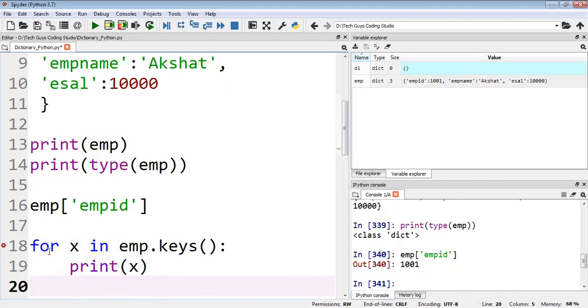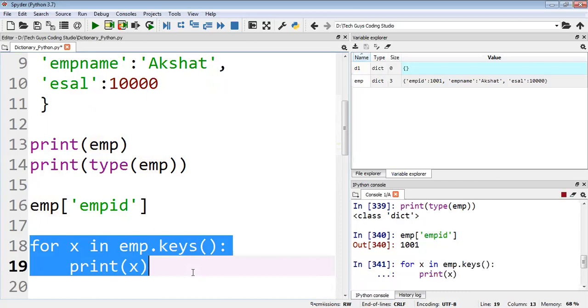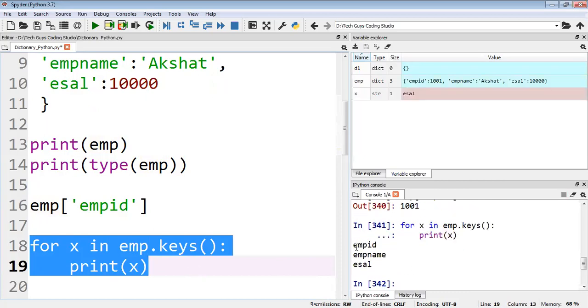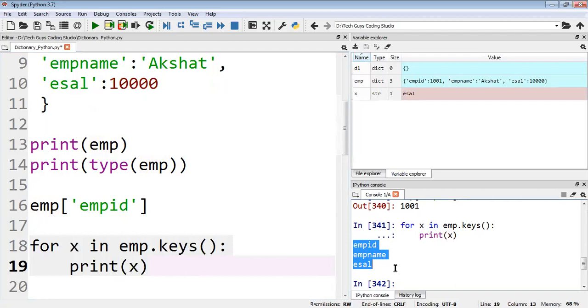So how do I get all the keys? For x in emp, I take each item in the dictionary one by one, and with dot keys it displays only the keys. You can see these are my keys: employee ID, employee name, salary.